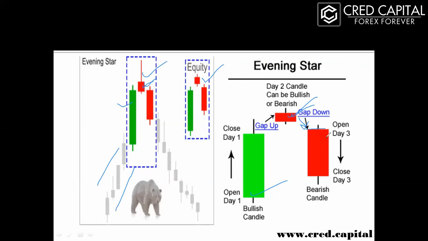Then at the confirmation we will have the third candle, which will at least complete the half of the buy candle. Then after the completion of this whole pattern, you can take your trade towards the sell side in the market. You have to look for these formations only at the top and at the bottom of the market. Then only can you take your trade.